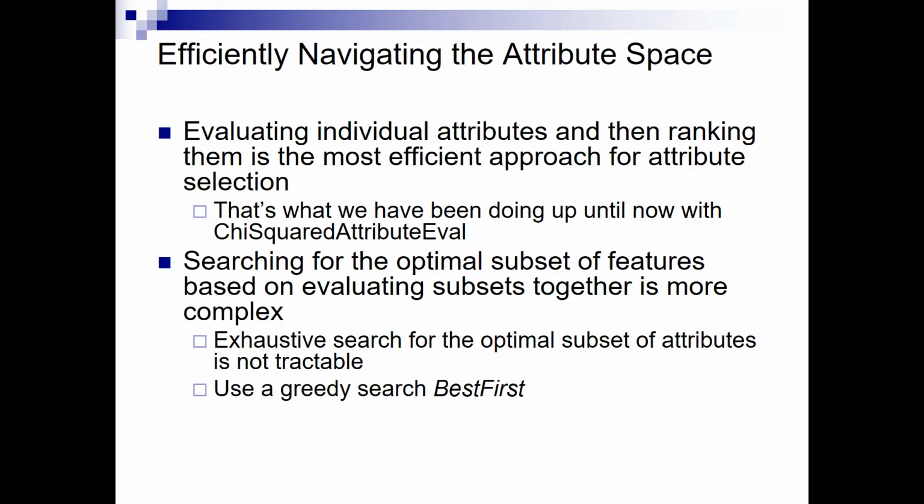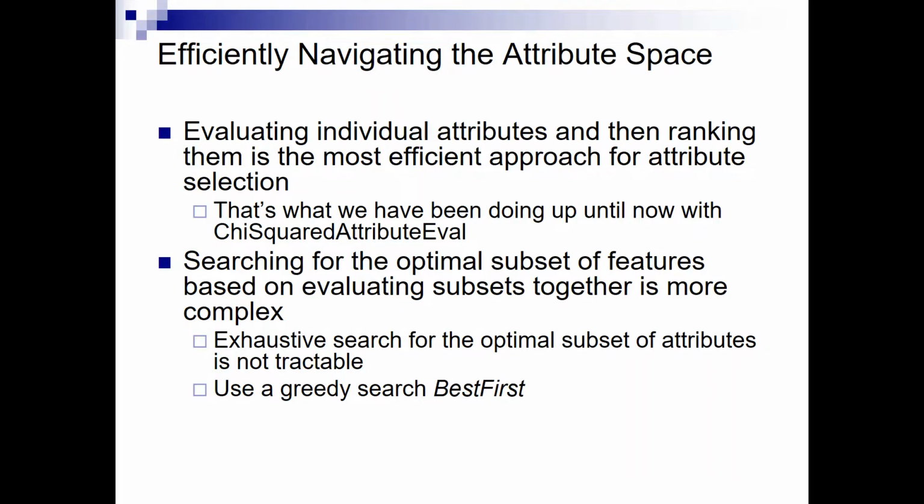Whereas if you were evaluating a subset of features, then as long as that subset includes a feature and the other features it needs in order to be valuable, you can see its value because you see it in that context. So subsets allow you to identify the value of features where that value can only be seen in combination with other features, assuming that when you evaluate the subset, you allow the features to combine with some nonlinear modeling approach.